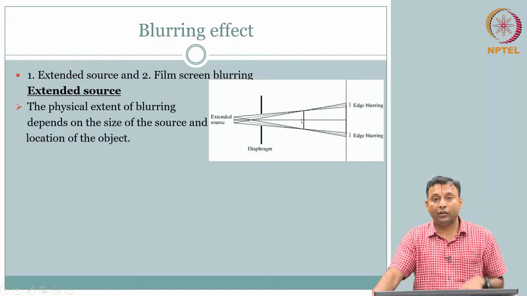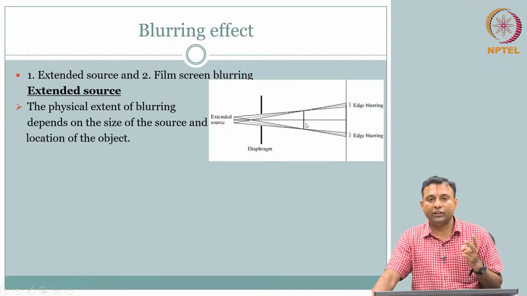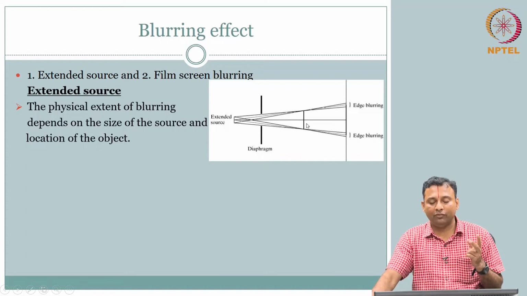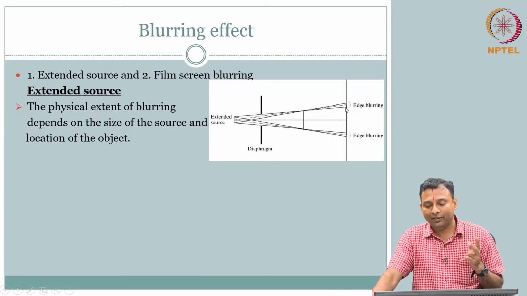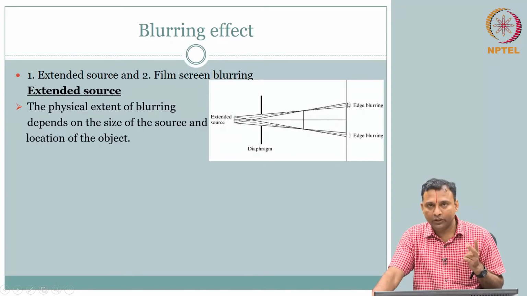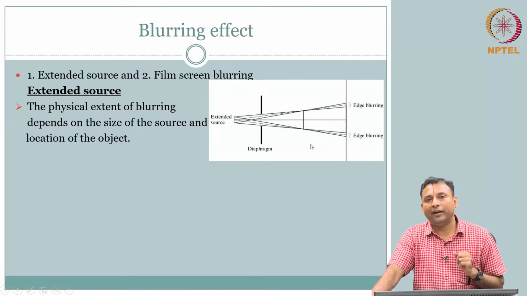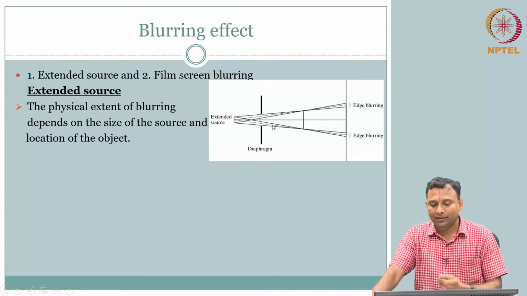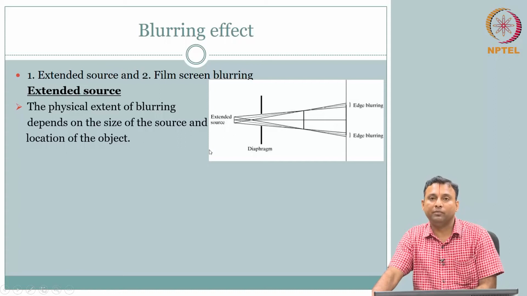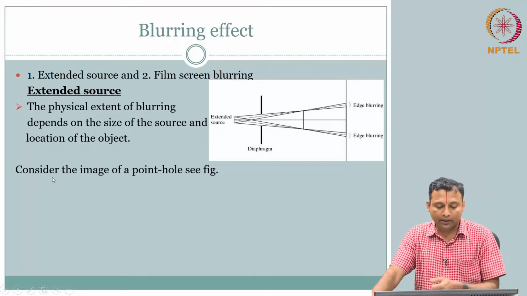So clearly there are two things. We already saw that if the object is there, the rectangular prism, depending on where it is located, you could have a blurring of the edge in the image. Now if the source is not a point source, you could also have blurring. That is what this means. So we can see the effect. This is a problem, so how do we account for this? We will write this first.